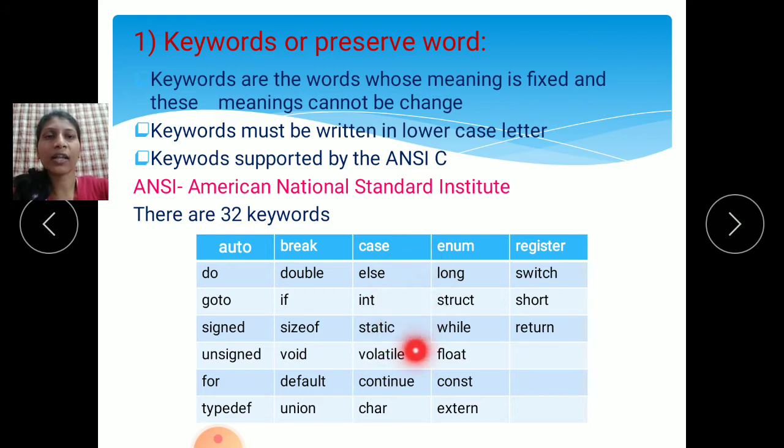These are all the 32 keywords we use to write C programming code.